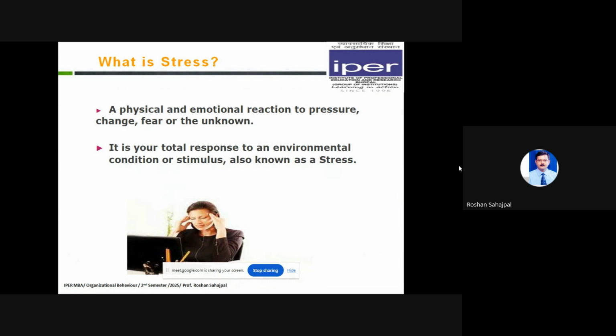Now, these conditions can be an unhealthy work environment or undue pressures of job role, or it can even be the autocratic nature of the manager of the employee. If a manager chooses to be slightly dictatorial in terms of his style of managing employees, that can lead to pressure, and this pressure is called stress.